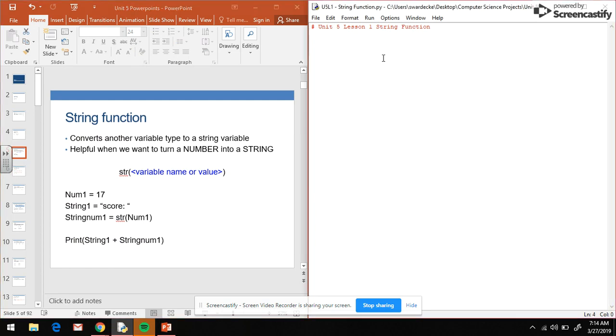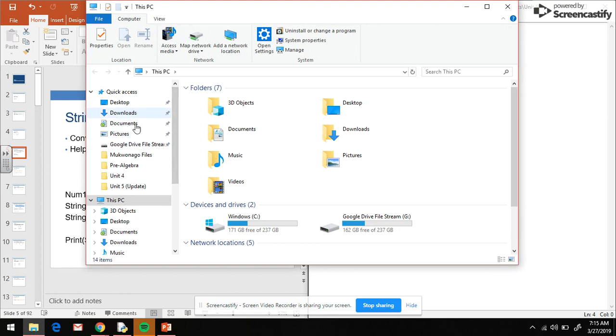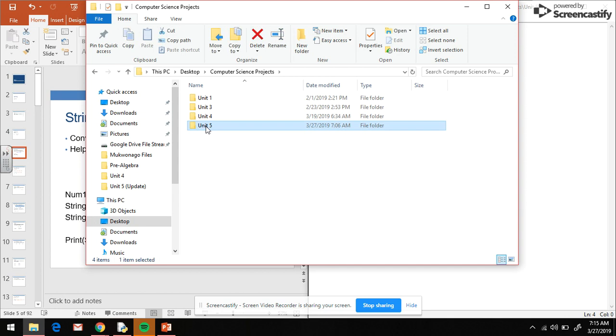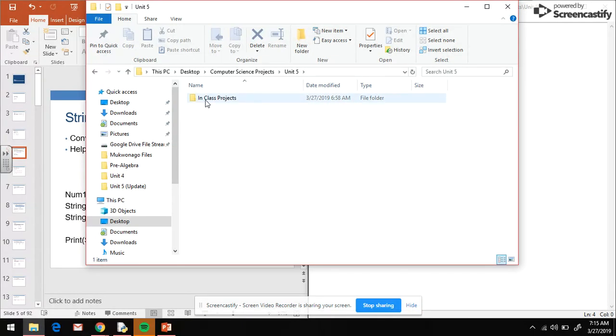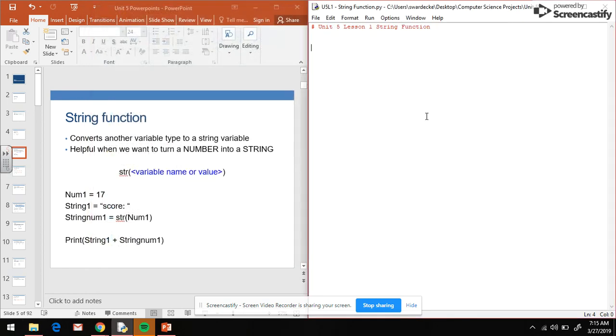Now, we're also going to type in a program together. So what I need you to do is go into your files, and I need you to open up a new Python file, and then go into your computer science projects, add Unit 5, add your in-class projects, and then do Unit 5, Lesson 1, string function. So I need you to add that in if you want to have this example written down for you. So what we're going to do here is we're going to convert numbers to strings